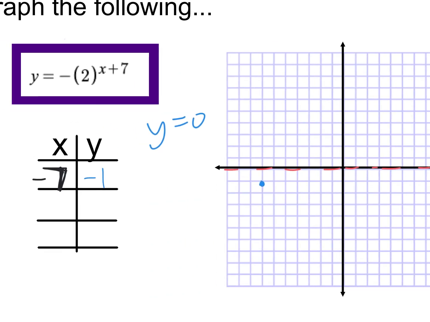I only got 1 point. It's really hard to tell where the thing's going from 1 point. Alex Stone, can you give me another number to put in? Kind of close to -7. -8. If I put in a -8, 7 and -8 makes -1. So then it's -2 to the -1, and -1's just flip things over. And it flips it over to be 1/2,